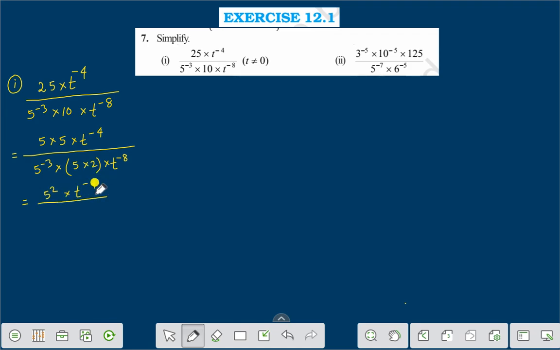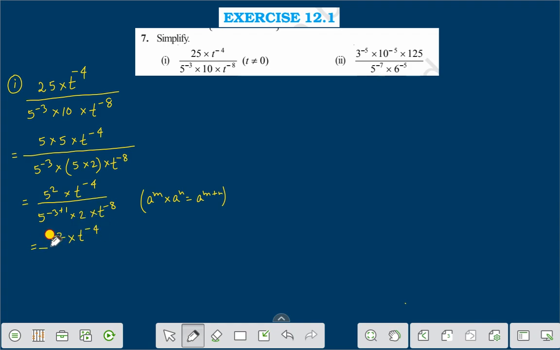And here you see 5 to the power minus 3. We multiply this and apply the formula a to the power m into a to the power n is equal to a to the power m plus n. Therefore, we are getting minus 3 plus 1, into 2 into t to the power minus 8. Therefore, we are getting 5 to the power 2 into t to the power minus 4